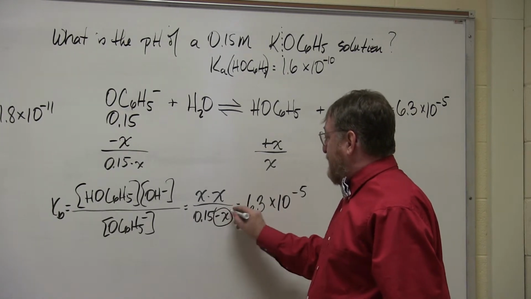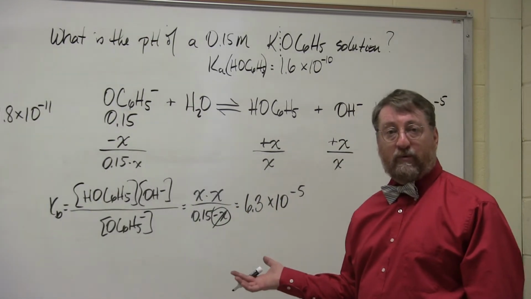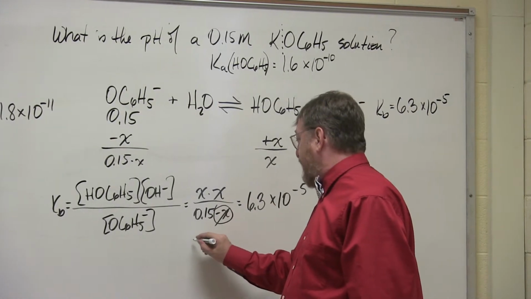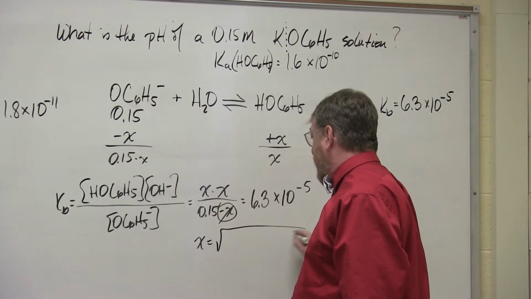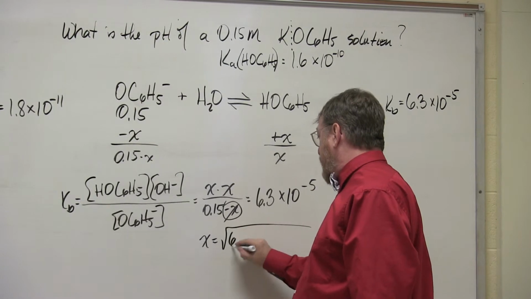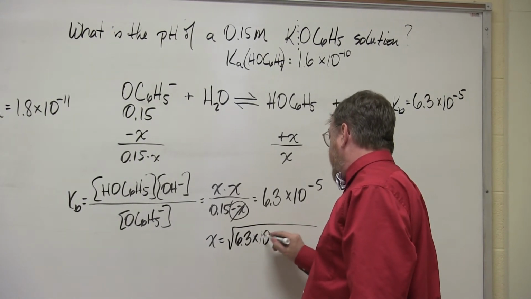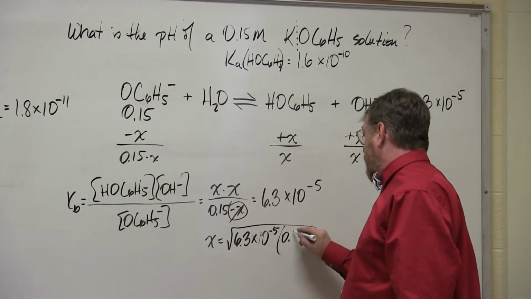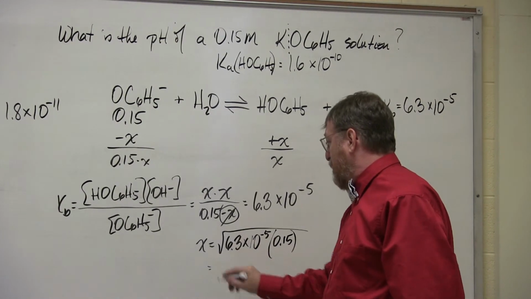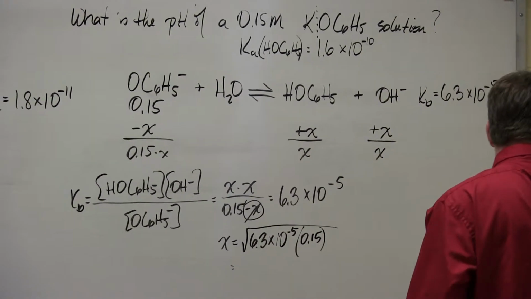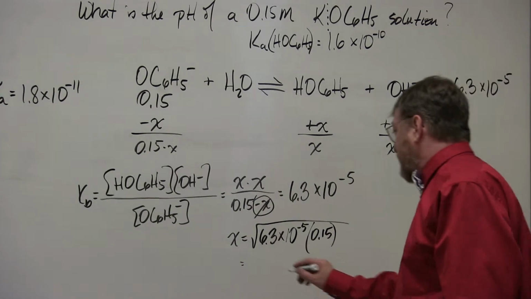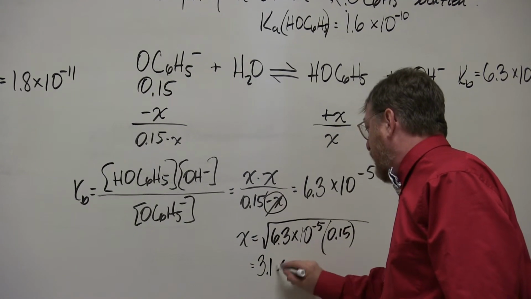I'm going to assume this X is negligible. That will keep us from doing the quadratic formula. Bring the 0.15 over. So X equals the square root of 6.3 times 10 to the minus 5 times 0.15. Do that square root, and we're going to get 3.1 times 10 to the minus 3